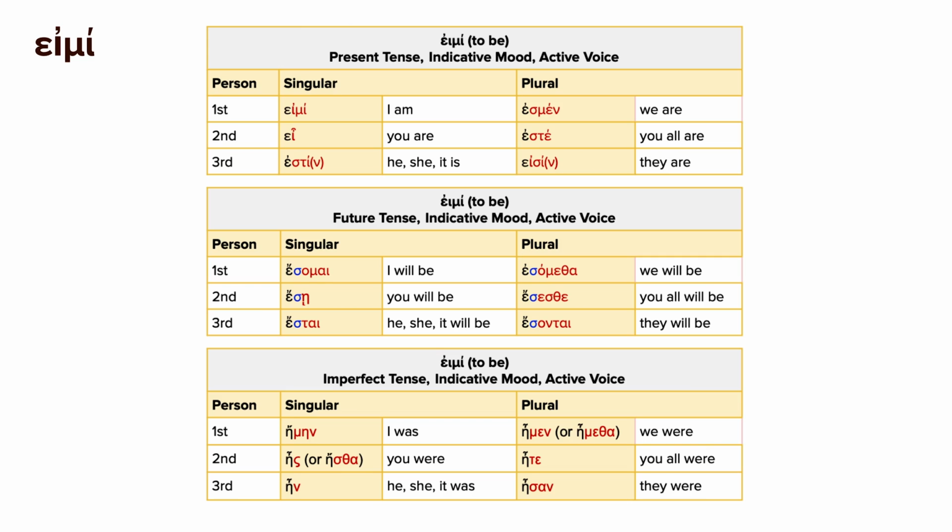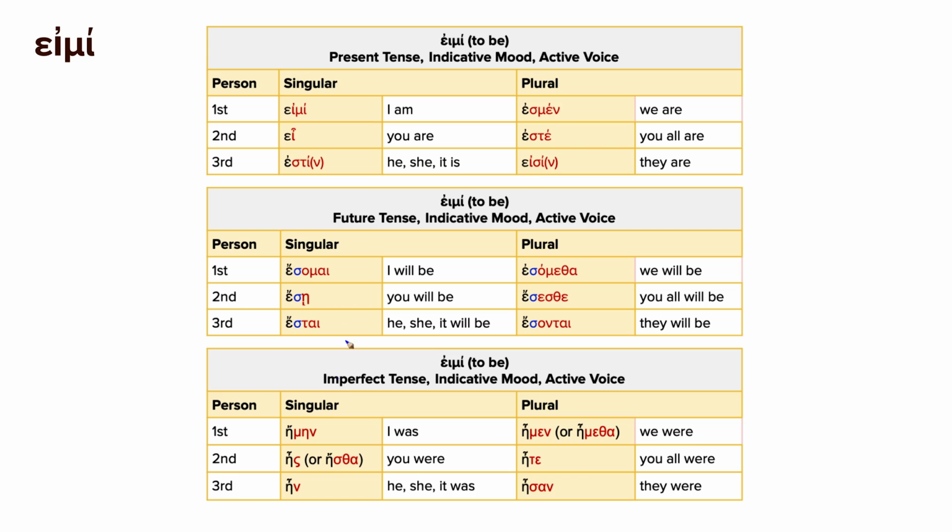All right, so let's go through these real quick. These are the forms of eimi, and I have present, future, and imperfect. So the imperfect is when something goes on in the past, and we don't have an aorist tense of to be because it's more of an ongoing type of verb. So you're only going to really see this imperfect, something that's kind of ongoing in the past. Another thing is we won't have a passive voice of eimi. The verb to be you can't really have passive. So it's kind of nice.